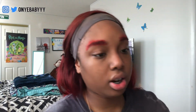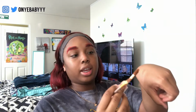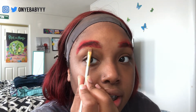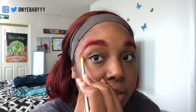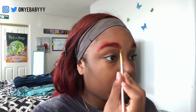Then we take our concealer brush, and what I like to do is put some on my hand, and then from my hand I put it on the brush. I put a little bit on one side, and then I just go in like this, and I just clean it up. Like that. You get the idea, but that's how we did this. Then we'll...